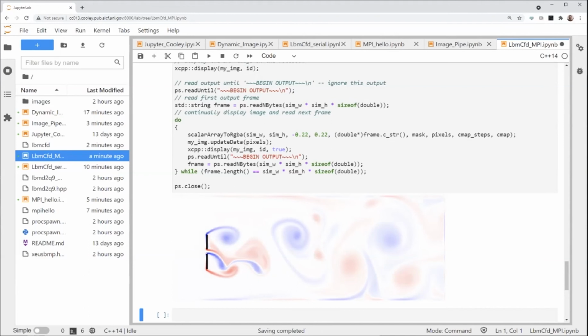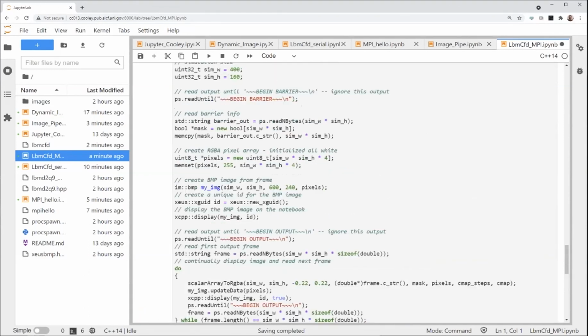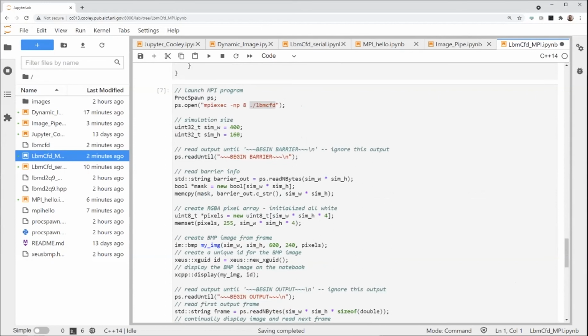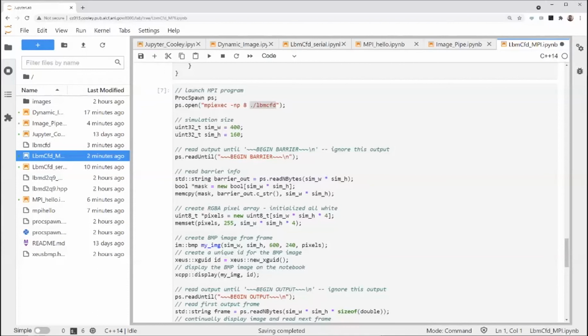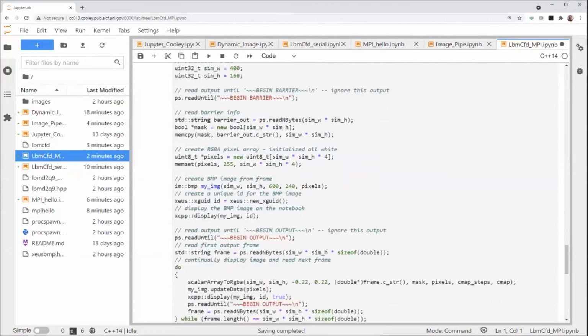So this was still at really small scale, right? I did 400 by 160, but you can quite easily imagine wanting to run this at much, much larger scales that would be prohibitively slow on a single core, doing it in serial, and this being a way to do it in parallel. Another thing that I want to mention about this framework, if you will, or this workflow, is